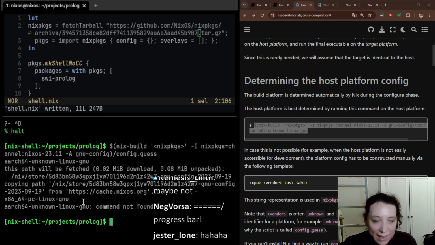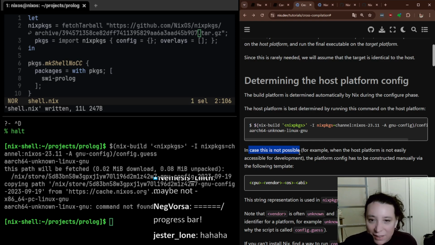Well, I feel like they lied to me because that did not work. In the case this is not possible, for example, when the host platform is not easily accessible for development, the platform config has to be constructed manually via the following template. Findus says,